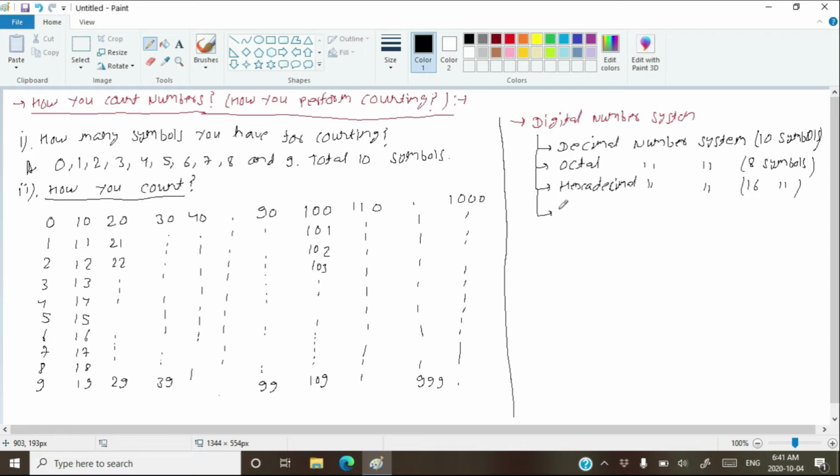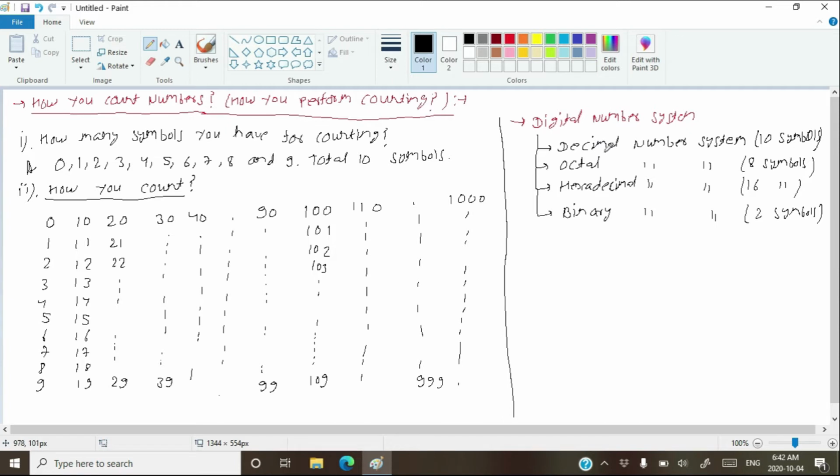and then after that you have the binary number system. You have 2 symbols to represent digits. So these are the 4 famous number systems that exist in this world. The decimal number system has 10 symbols to represent a digit. Whatever is used by human beings is the decimal number system, because you can see here we have 10 symbols to represent the digit. I have never seen any language which uses a number system other than decimal.